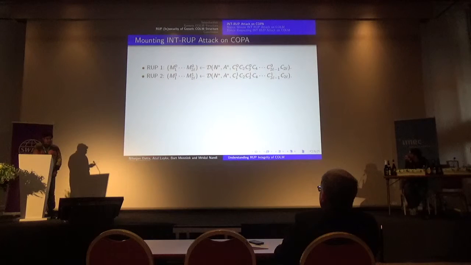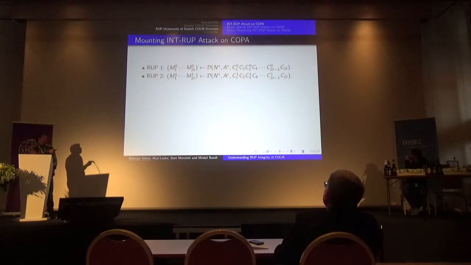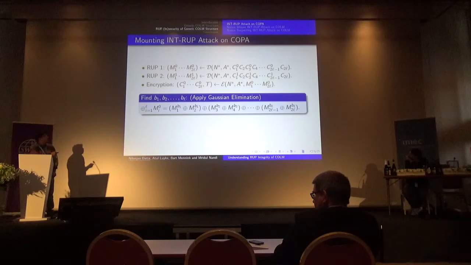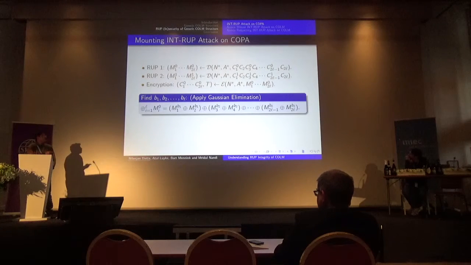So it first makes a RUP query on a nonce, any nonce and associated data, just keeping the even blocks the same. It makes two RUP queries where the even blocks are identical, and the odd blocks are random. If it can make these two queries, then we make an encryption query with one of these messages, suppose the first message, and get the tag, and finally using Gaussian elimination with very high probability, it can find